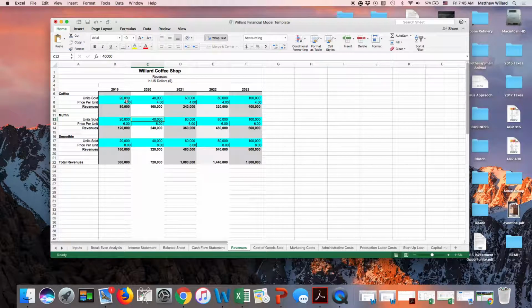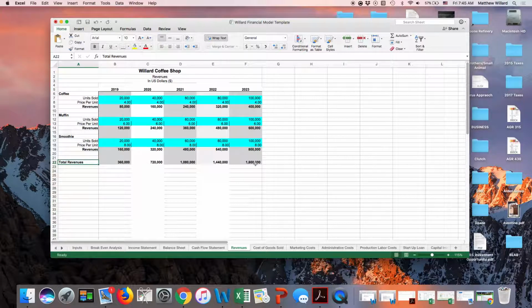We're going to charge $4 for a cup of coffee every year, $6 for a muffin, and $8 for a smoothie every year. And so that simple chart basically generates your total revenues each year, growing from 360,000 up